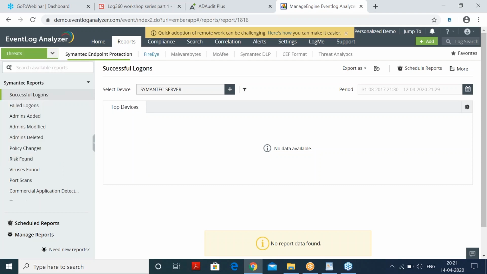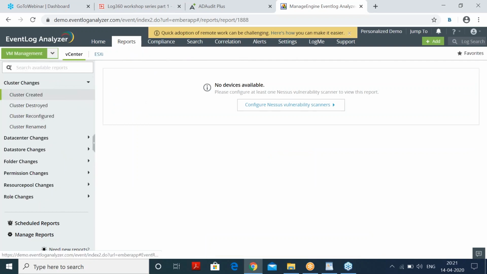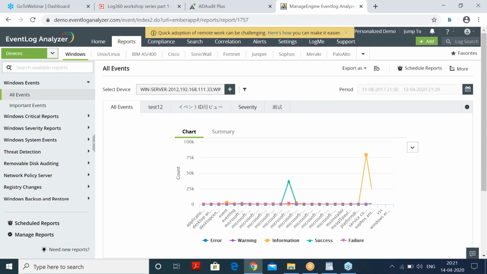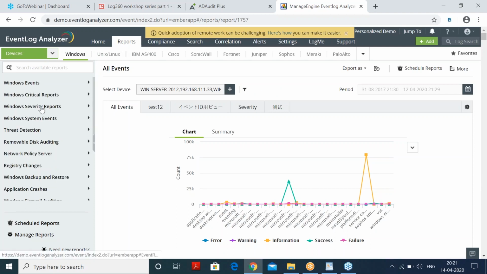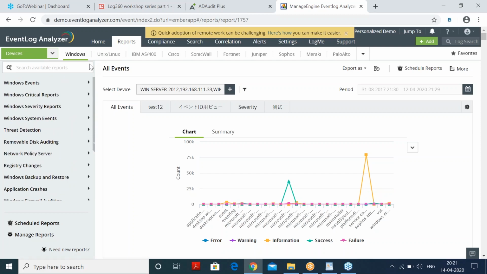Then you've got threats. So these are your Symantec, FireEye, your threat solutions that you may have, vulnerability scanners that you may have, VM management, so your vCenter, ESXi, and any custom reports from other custom applications or legacy systems that you have added. So this is a pretty broad category of reports, and there are over 1,000 pre-built reports in the tool. For each of these different devices or applications, on the left pane, you can see all of the report categories available for that specific device or application. So in the case of a Windows server, you've got all of these different reports,